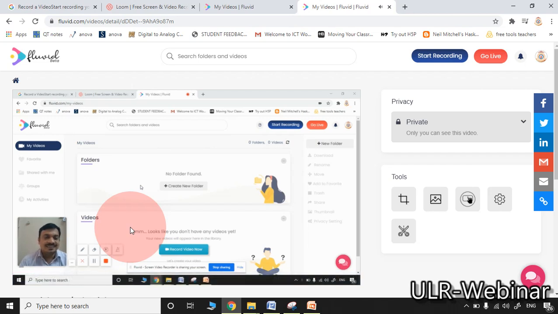We need to speak something to show the sample recording. Hello 1 2 3. So here please observe, the pen option is there. In Loom directly you are not observing this pen option. So here by clicking the pen option, I may select the different thickness levels also.